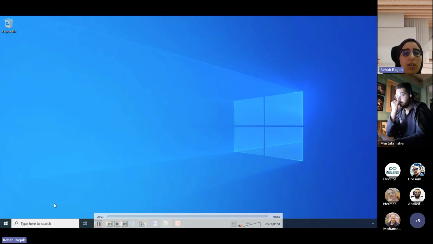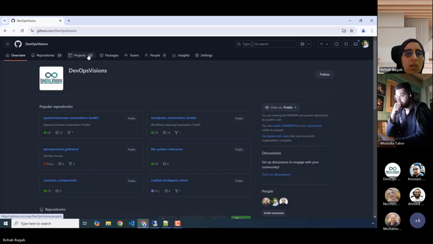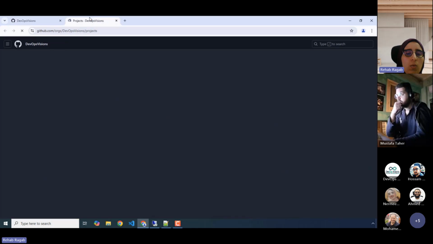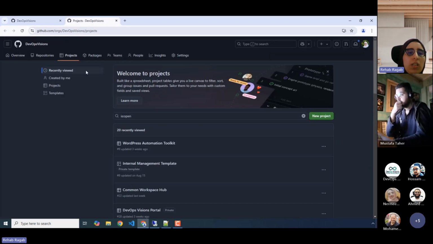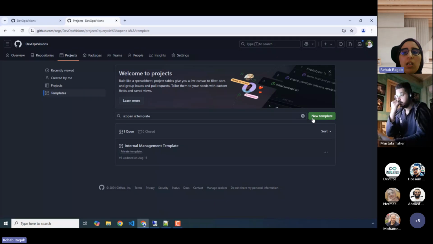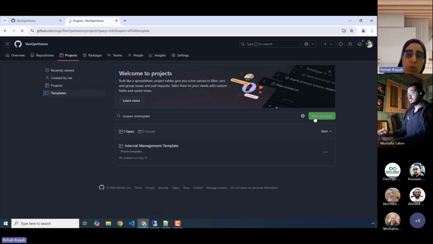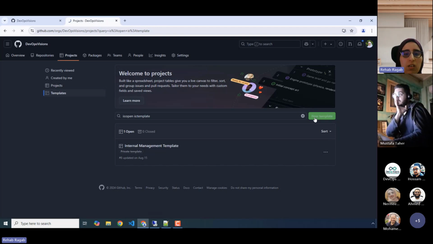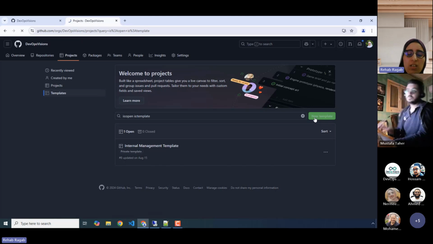So let's see projects here in our organization. To create a template, under the templates section here, in repos you must create the repo first and then make it a template. In projects, you can create a new template, or you can make an already existing project a template.